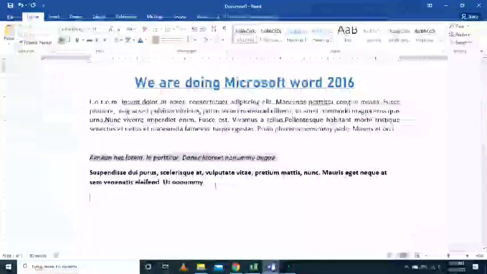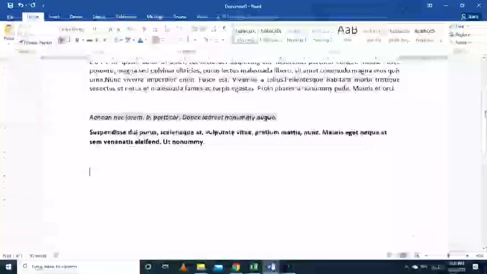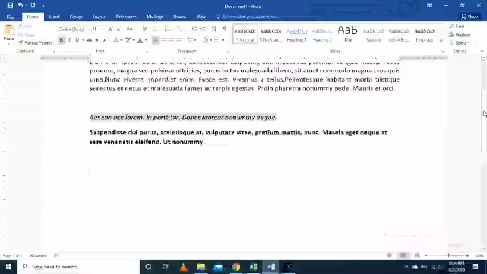Okay, let's see the superscript and subscript. Sometimes when you're writing something, you have to write in superscript and subscript. Let's say you want to write x square plus y square equals a plus b. So x2, it's now x2, not x square.